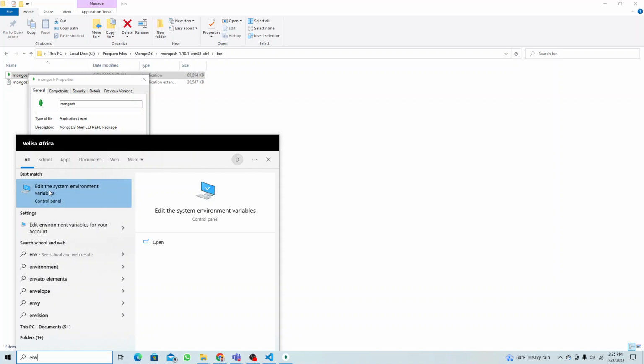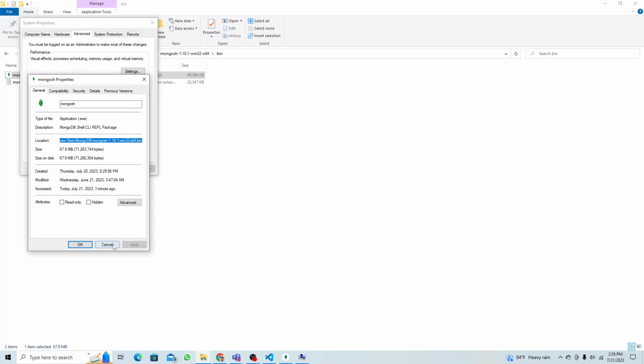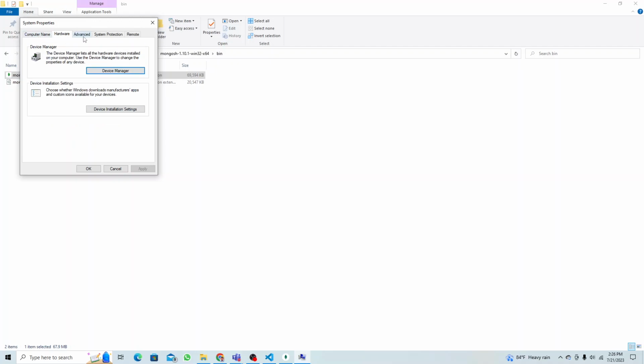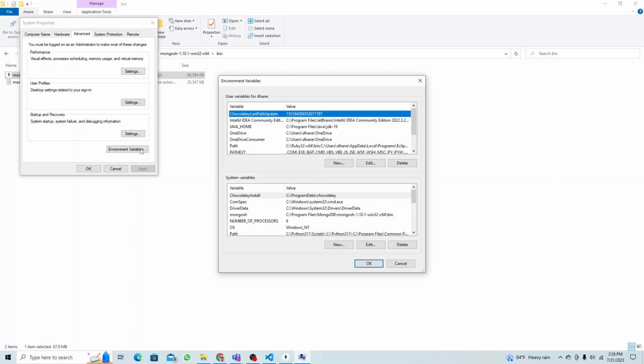So in Control Panel, just edit the system environment. Click on that. In the Advanced tab, click environment variables, and